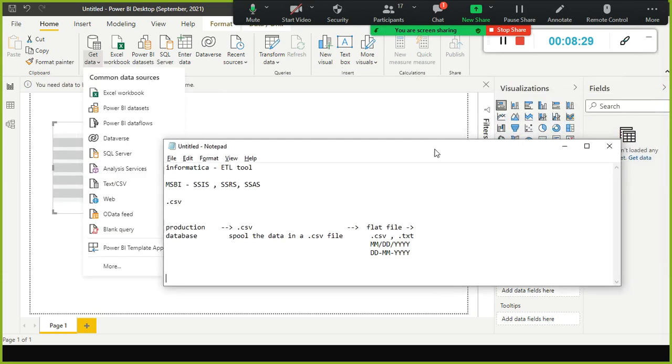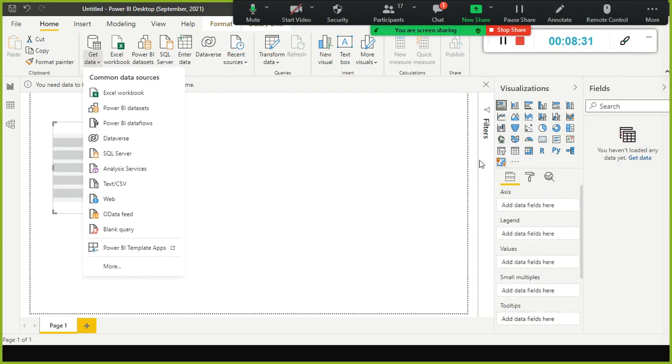First of all, to create a report or dashboard or scorecard, whatever it will be, you need to load the data into your Power BI memory. Then we have something called OData feed. OData feed is for the REST API. With these REST APIs, the data is already available somewhere; they expose the data on the cloud. Using the REST API, we can go and pick up the data.